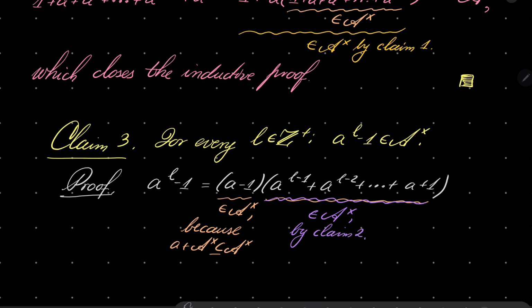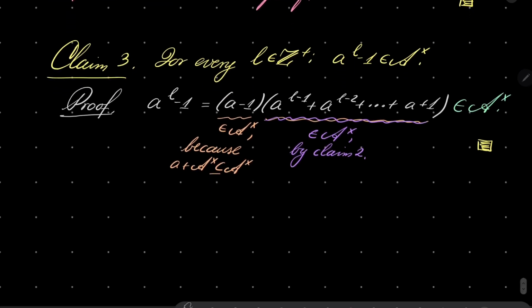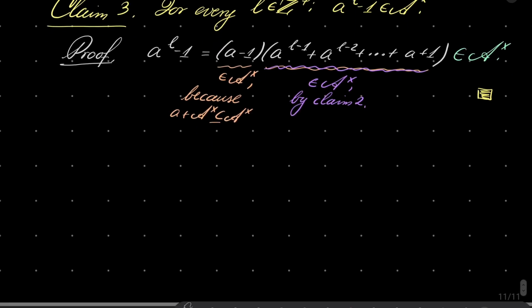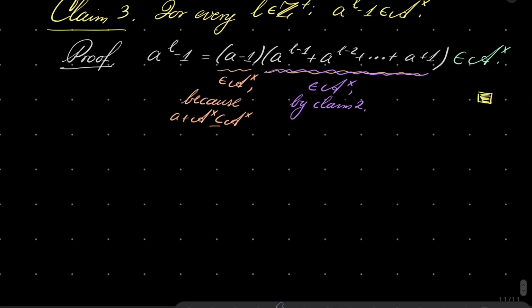Again, product of two invertible elements is again invertible, which closes the proof of my third and final claim. And now, what now? Well, now I will use the fact that my ring is finite. Actual proof of B. Since A is finite,